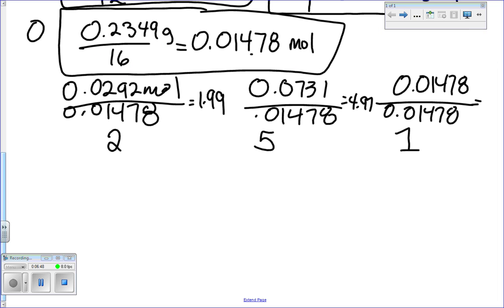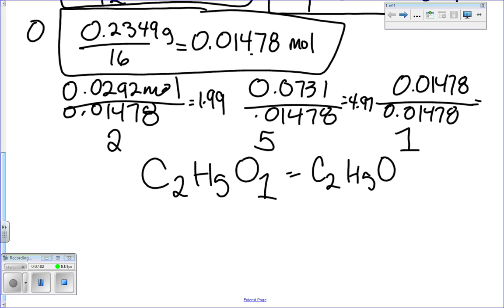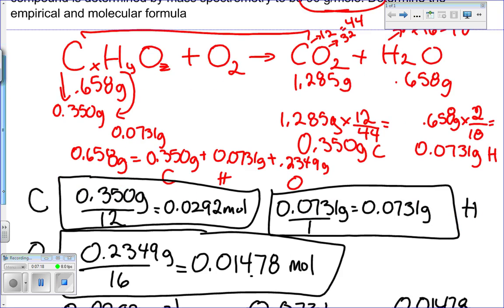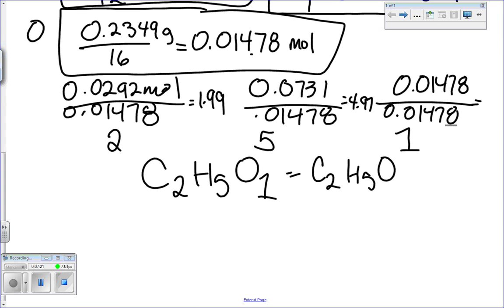Now I know that my empirical formula is C2H5O1. I don't have to write the 1, so it would just be written as C2H5O. Now, just one more little step. The problem tells me that the molecular mass for the actual compound is 90 grams per mole. So I'll add up the empirical formula mass: 2 times 12, plus 5 times 1, plus oxygen, which is 16, equals 45